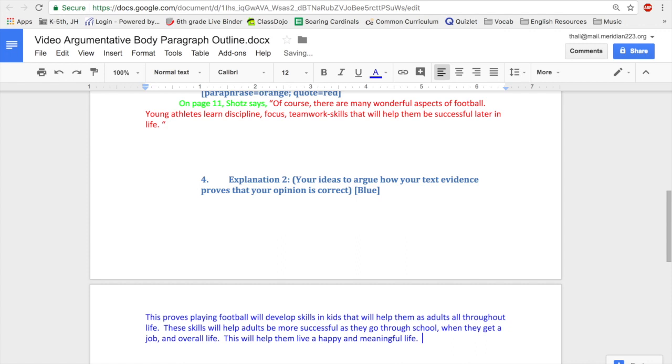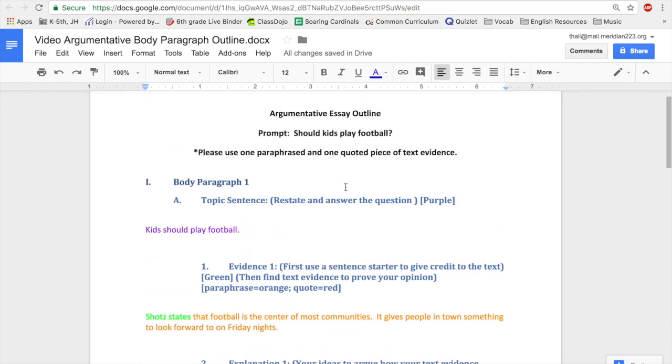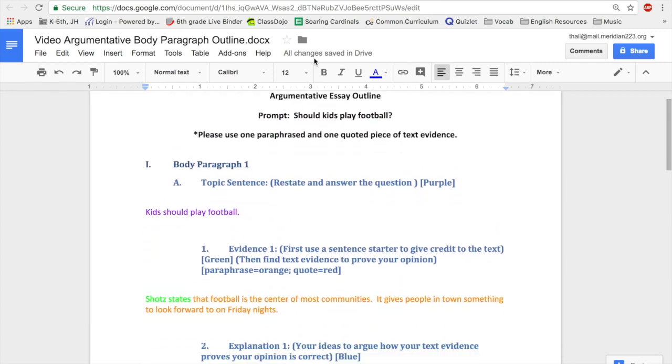I'm just trying to show you, this would be like a level 3 explanation. We talked about our 3 levels on our rubric. This is a level 3, and I don't expect you to be here yet, maybe by the end of the year, but what I do want you to do is at least have one sentence to prove to me, that is your ideas and your opinions, how the text evidence proves your topic sentence or your opinion. Now that we've done this, we're pretty much done. All we have to do is convert this to a paragraph.